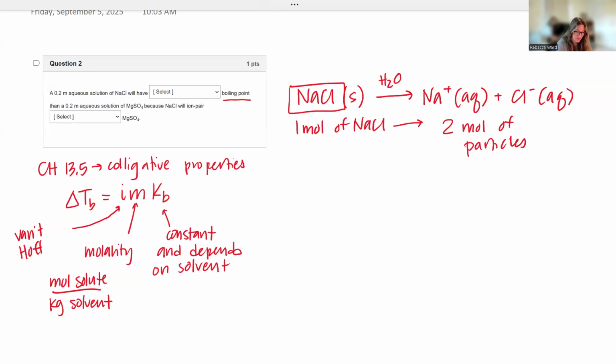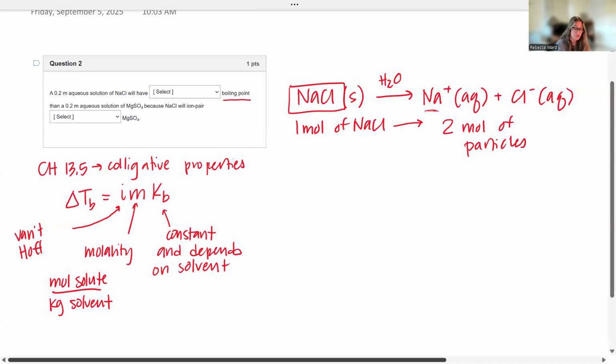So we need to have that represented in our delta TB expression, and we do. That's the i. That's what the van 't Hoff factor brings in. Hey, NaCl breaks up when it goes into solution. We care about the number of new particles that we've added, and this adds 2. All right, so that's true actually for both of our solutions in this question, right? So a 0.2 molal aqueous solution of NaCl, and we're comparing that boiling point to a 0.2 molal aqueous solution